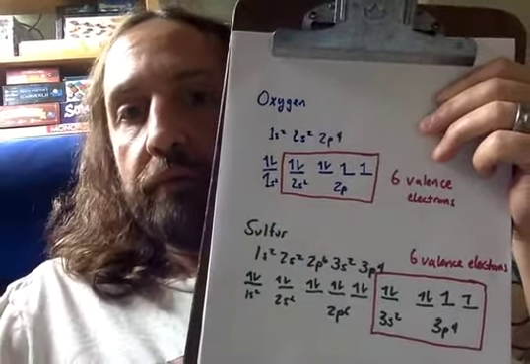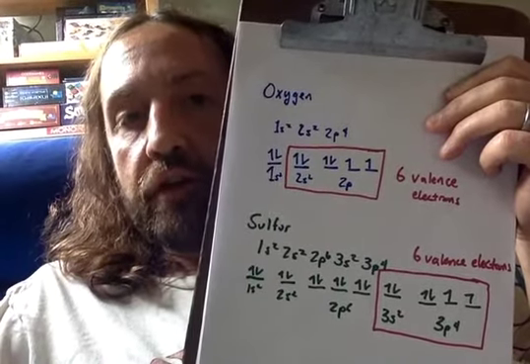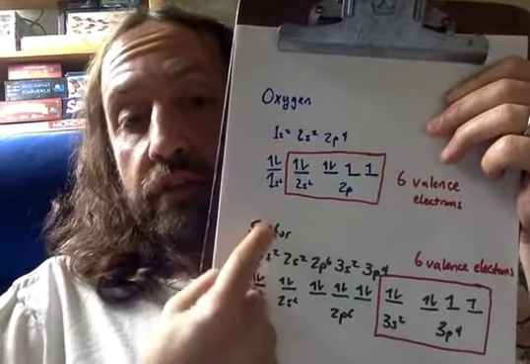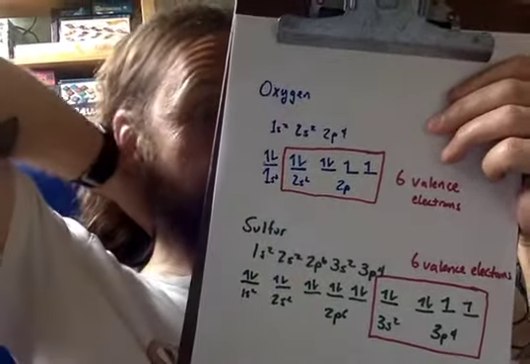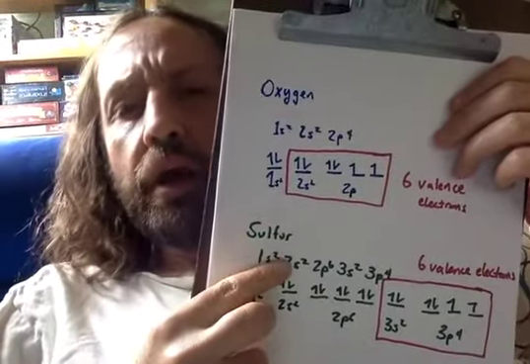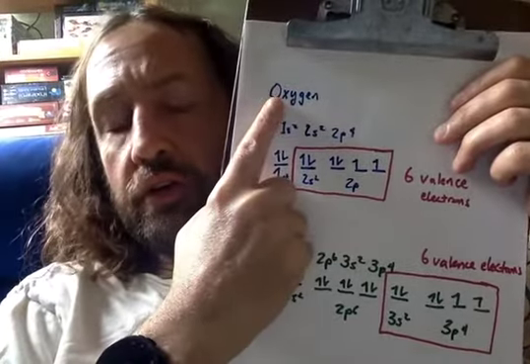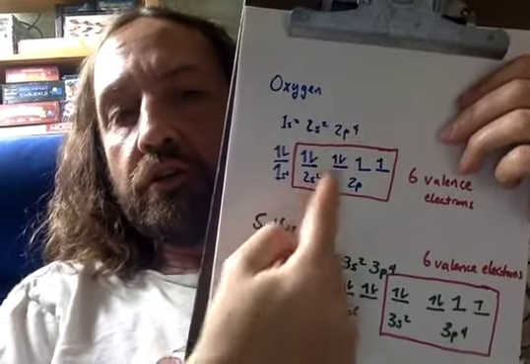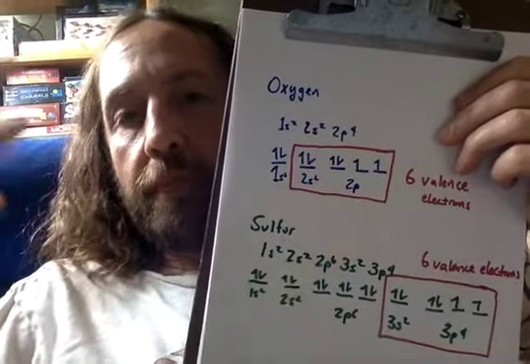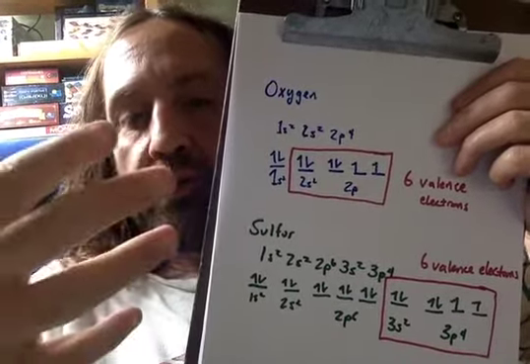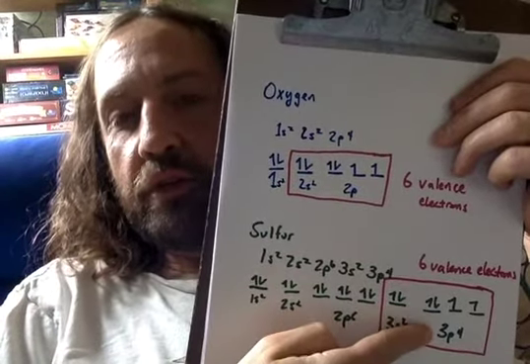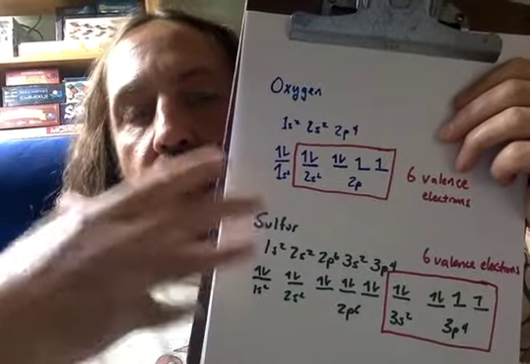Sulfur, same way. The difference is that you'll notice in between oxygen and sulfur, I mean, oxygen's a gas and sulfur is generally a solid at room temperature. It's yellow, smells bad. Oxygen, colorless, odorless gas. The differences are just going to be the differences that you find of the forces that are governing the fact that this one's in the 2p and this one's in the 3p. And so you'll find that